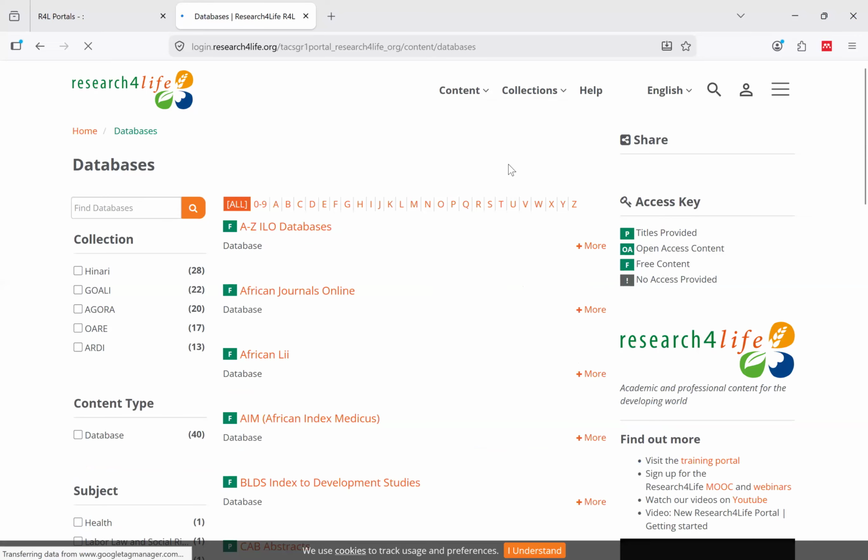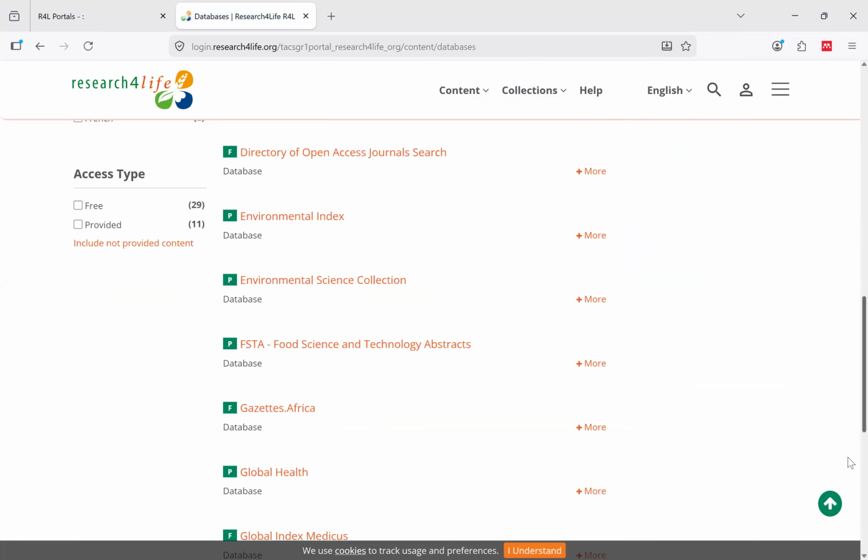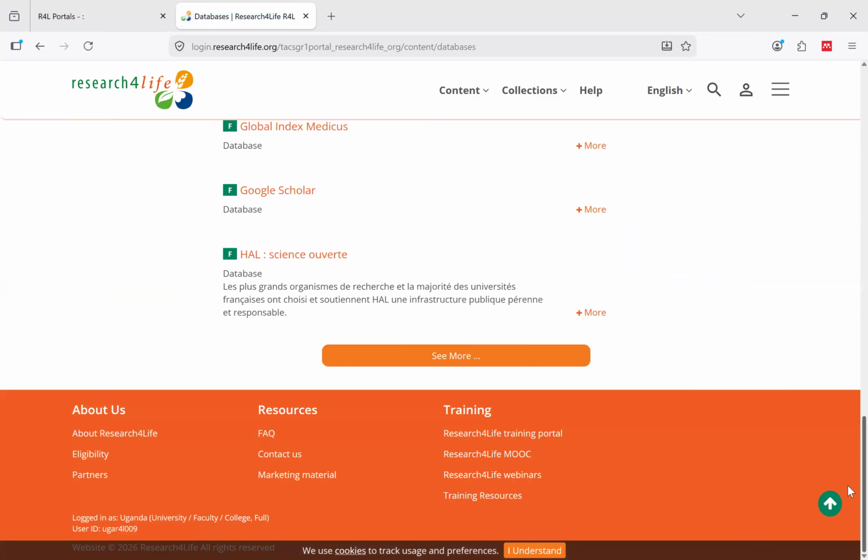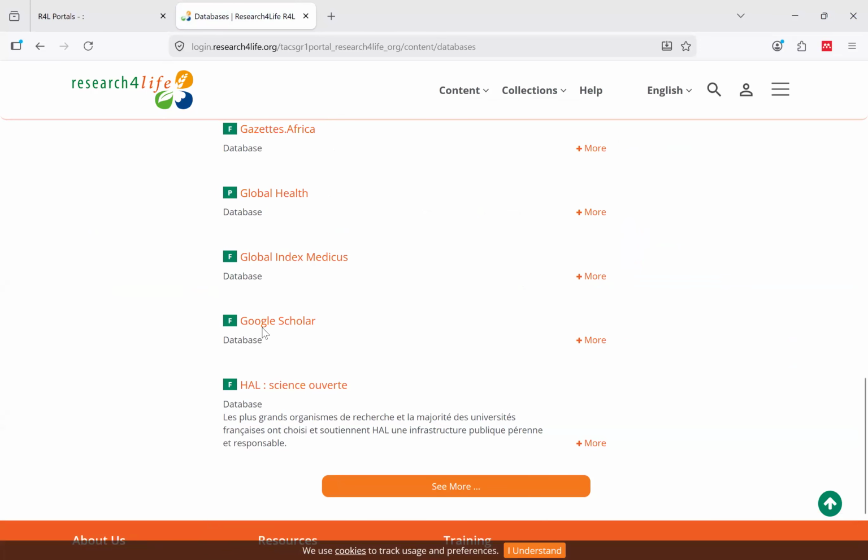So when you click on databases, I want us to look at two common databases. I think you do health sciences. In databases, we have a common database which is called PubMed. And then you also have Google Scholar. Let me first